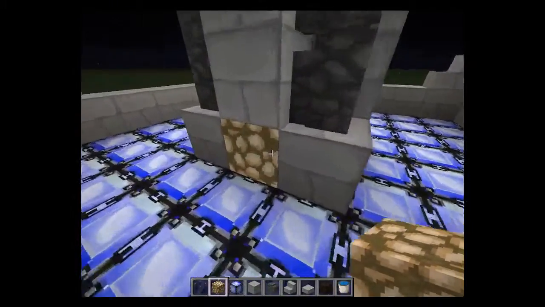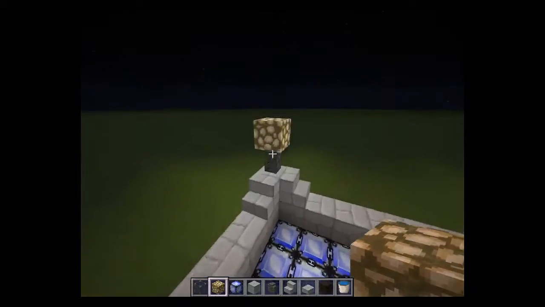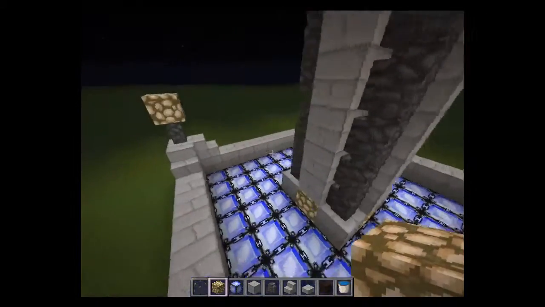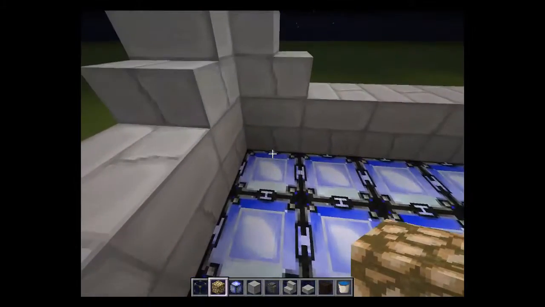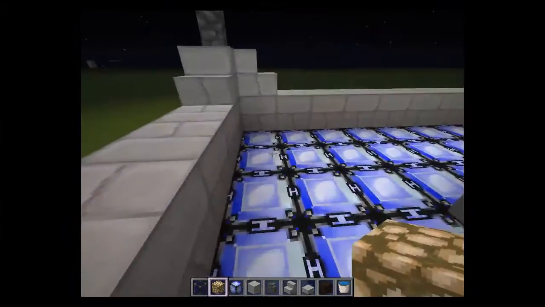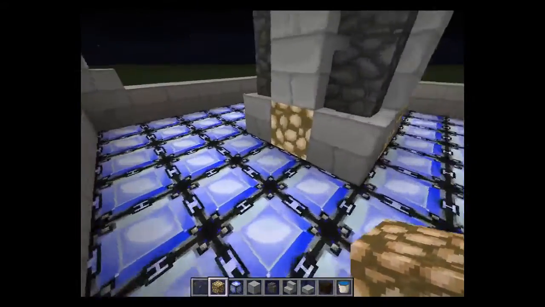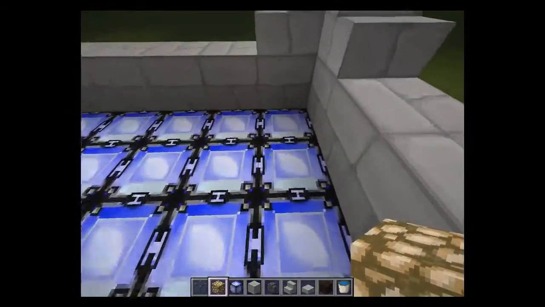Glowstone, or you could put redstone lamps. You could also put redstone lamps here and there, where all the glowstone is. But I'm using glowstone because it's much cheaper to craft, and it lights up without having a source to it. So then what you're going to do is put a light source here,